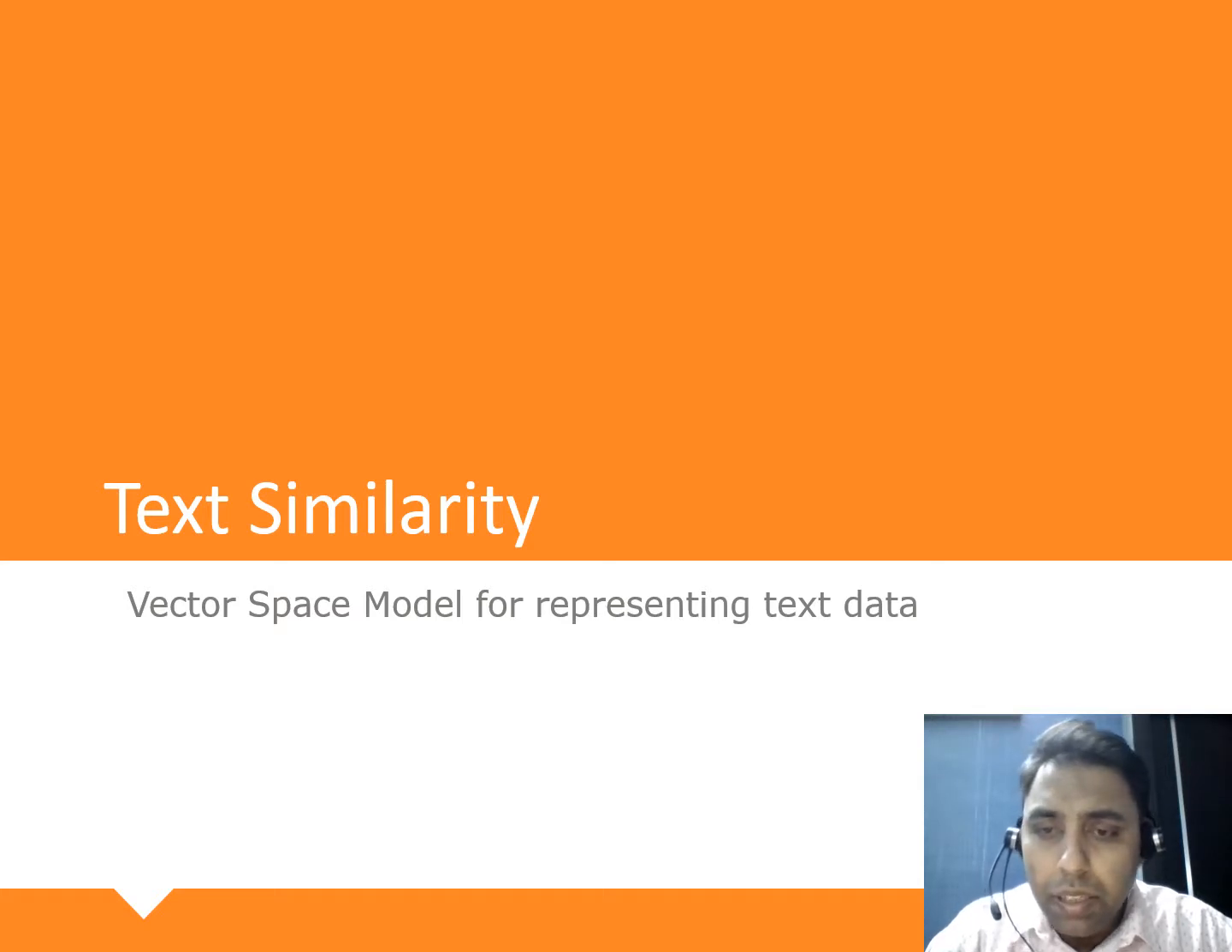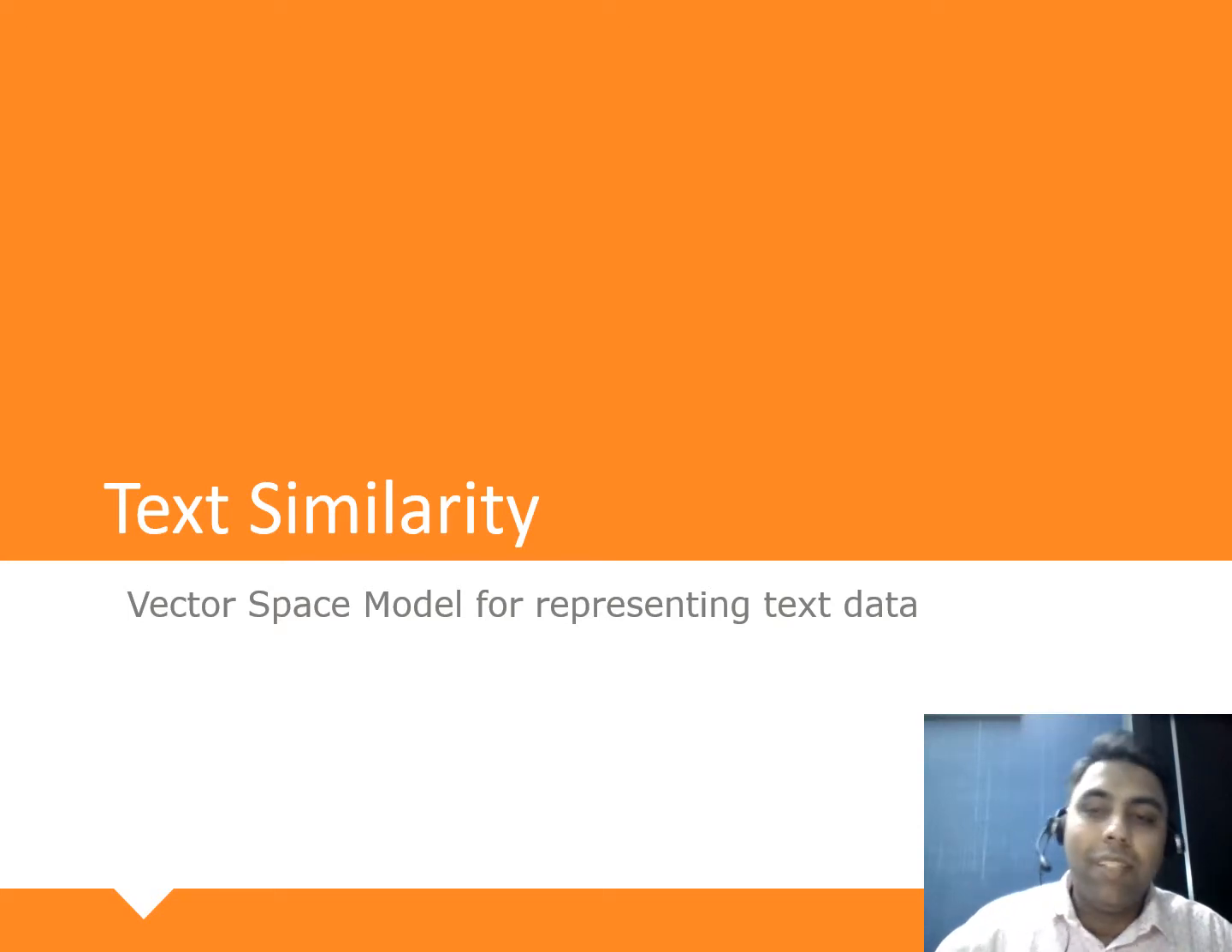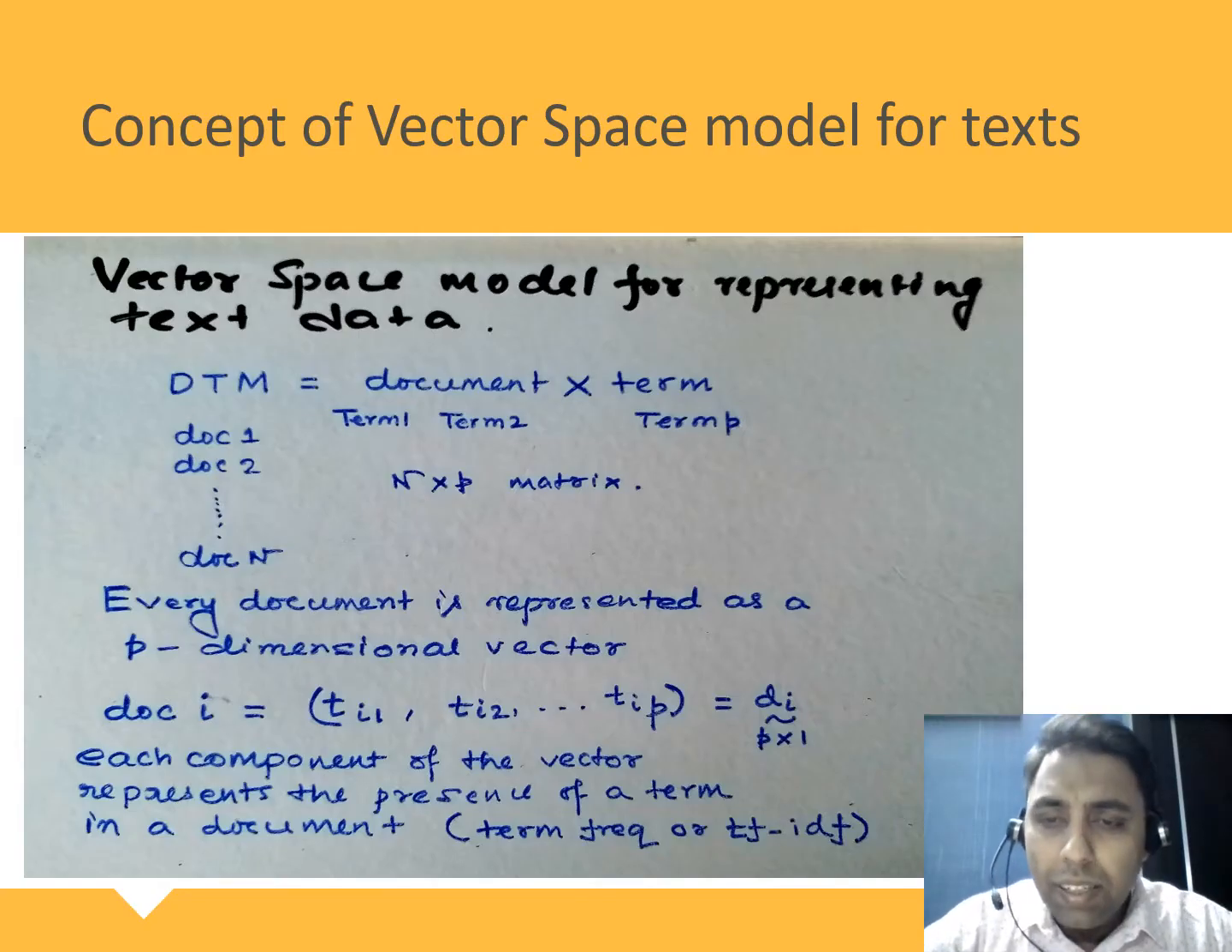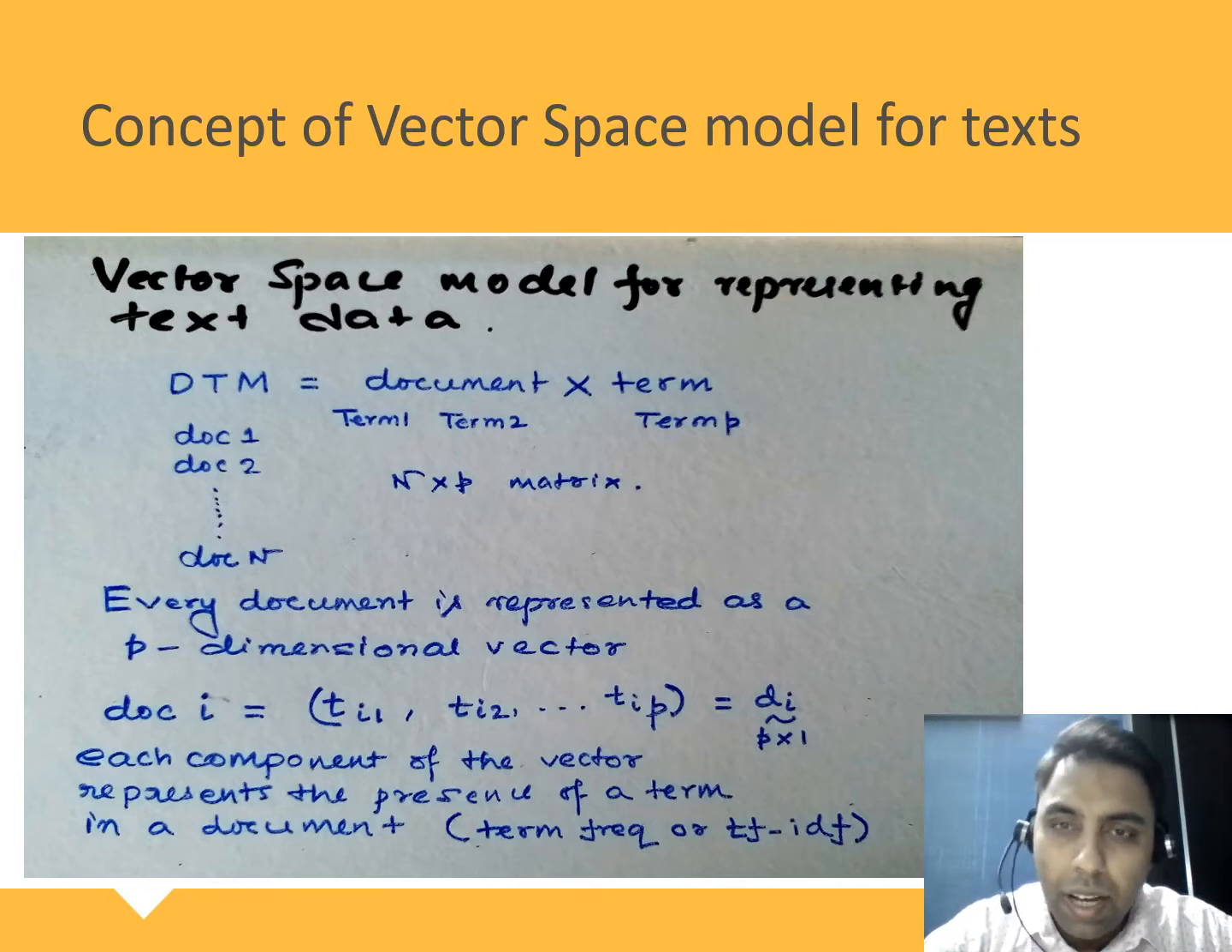obviously, it derives its concept from some of the earlier concepts that we have gone through, particularly the document term matrix. And I promise that text similarity or the vector space representation of text data is going to be much simpler and much easier to interpret than something that we went through when we were looking at the topic model implementation using latent Dirichlet allocation. So all set. So as I was saying, the vector space model for representing text data